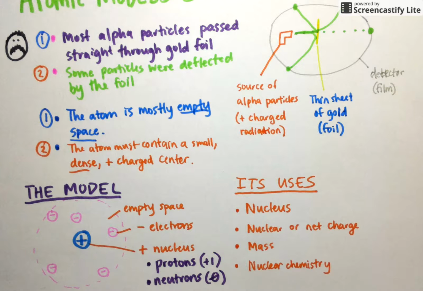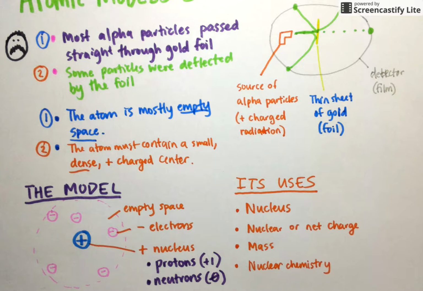And eventually in years to come, we're going to start to discover that the nucleus itself is composed of two other subatomic particles. We've got protons that are the main contributor to the positive charge, right? Each one will have a +1 charge. And the nucleus also contains neutrons, which from its beginnings sound like a neutral type of subatomic particle, and indeed they are. They have 0 charge. So it was Rutherford's experiment that really led the way to discovering these two subatomic particles. But the use of his particular model has led us to, again, be able to talk about the nucleus,